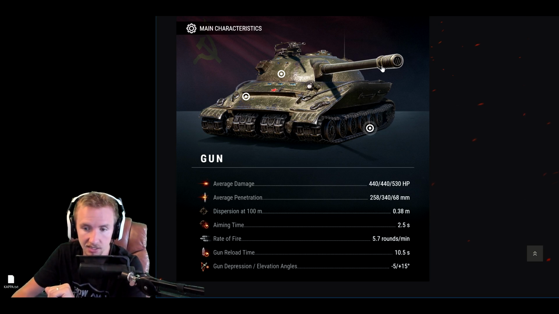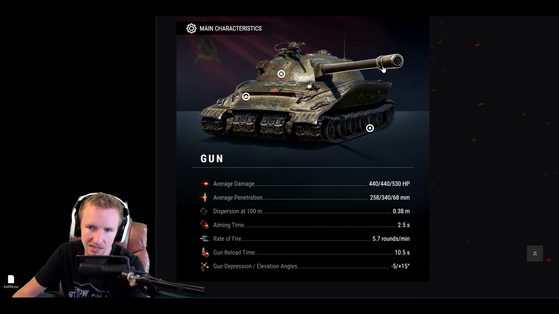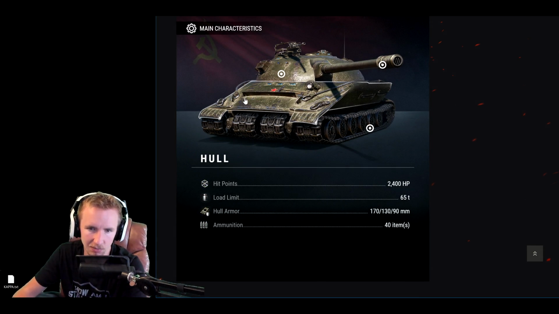Pretty good rate of fire, not the best. I know that the 113, for example, fires 6 rounds a minute, so it doesn't have the gun depression of the 111 5A. Not looking like it's the best of guns, but maybe it's the armor of the tank that is going to be incredible. And let's take a look at the mobility. Okay, pretty fast, top speed limit of 40 kilometers an hour. It kind of looks to me like it's going to play out a bit like a 113 meets an IS-4,